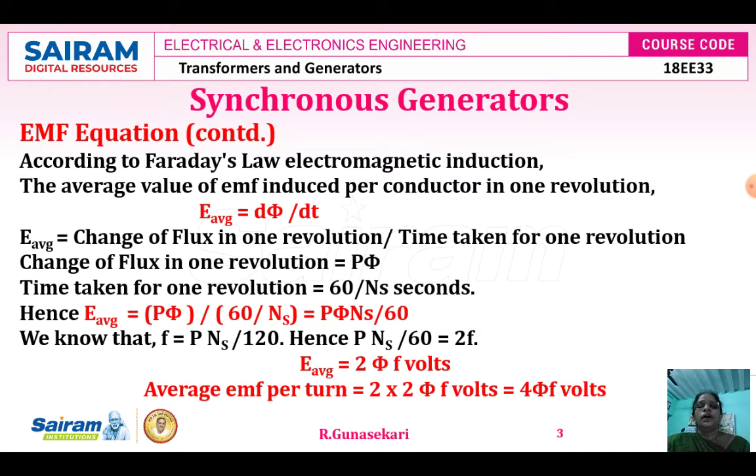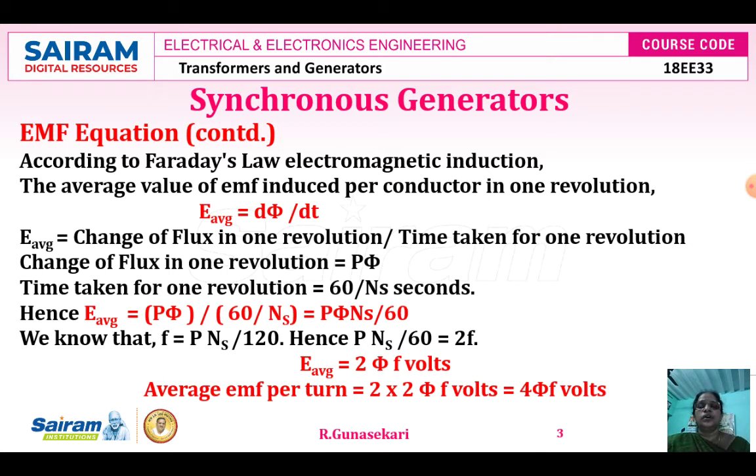That means either the stationary magnetic field cuts the rotating armature conductor, or the rotating magnetic field cuts the stationary conductor, the EMF is induced. That is the first law. The second law is what? The EMF induced in the machine is proportional to the rate of change of flux with respect to time, dφ/dt. That means it is directly proportional to the EMF induced in the conductor only. That is Faraday's second law. So the direction of this EMF you can find by Lenz's law only.